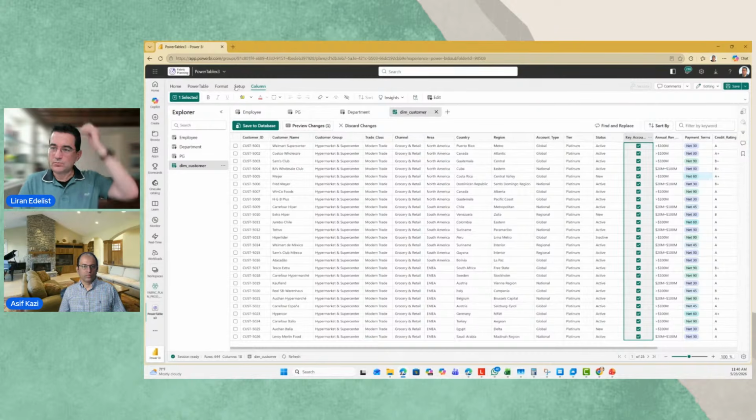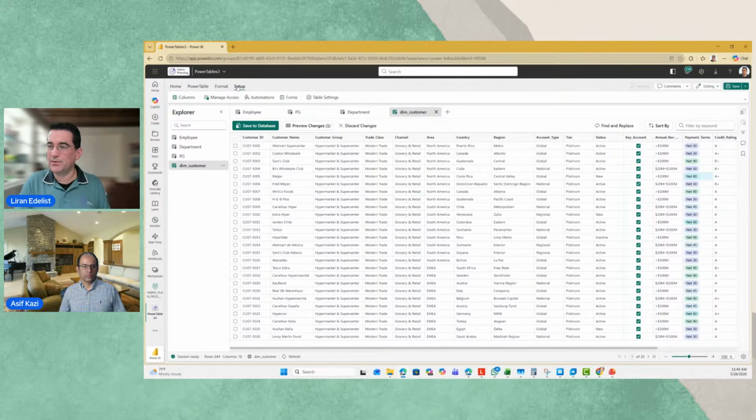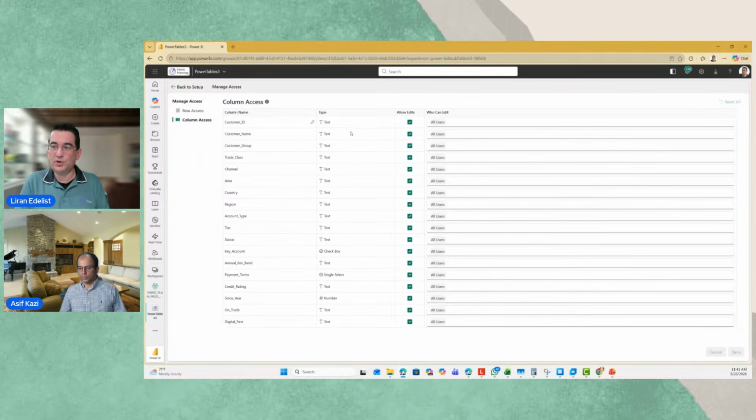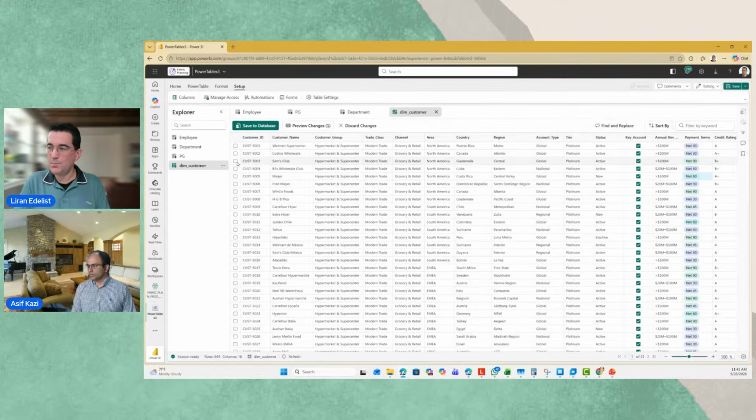In our setup, I can manage access and decide who can add new rows. Can I allow people to add new customers? Can I have different column access? Maybe I don't want anyone to change the customer IDs, as an example. Those types of access you can set up here as well.